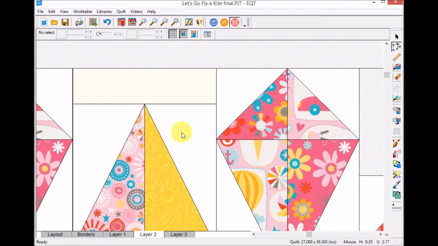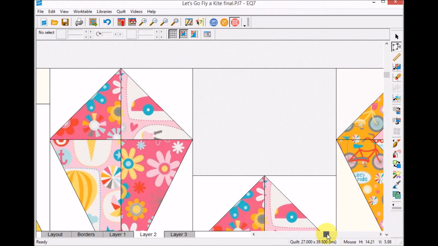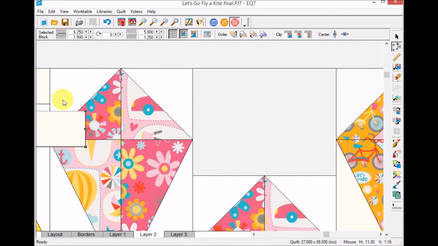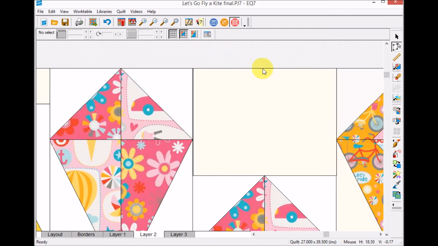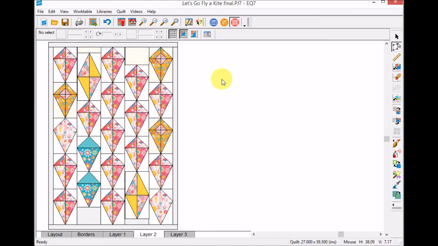And so now I'm going to go over and I'm going to measure the height of the other space. And so that is between 3.7 and 3.8, and so I'll use 3.75. I will pick up that first block, do a Control-C, Control-V, and I'm going to change that size to 3.75, and you can see that it does fit perfectly. So I will fit to work table,